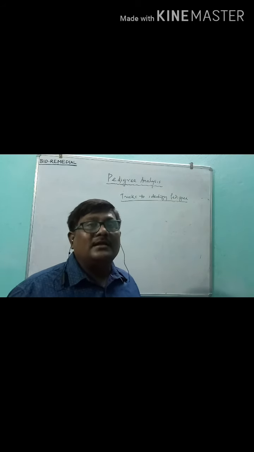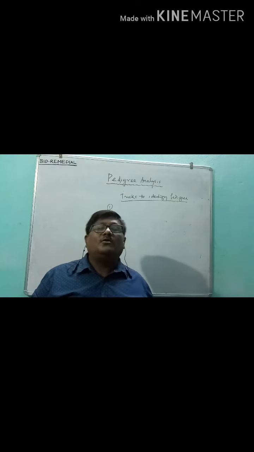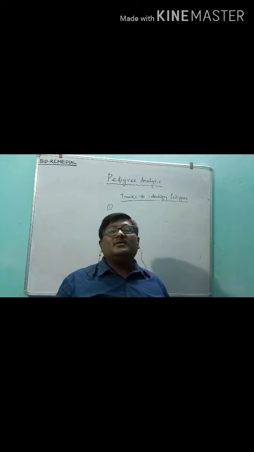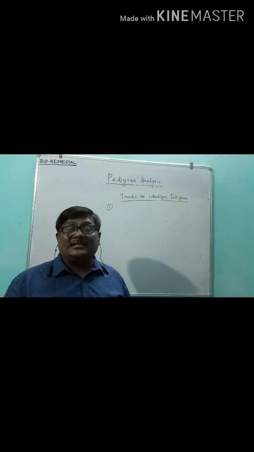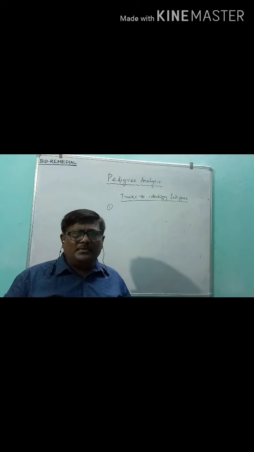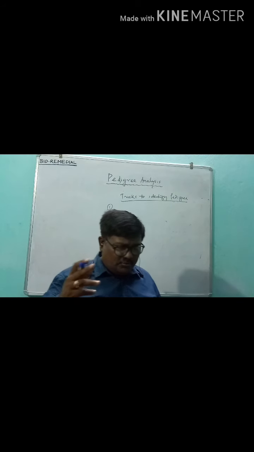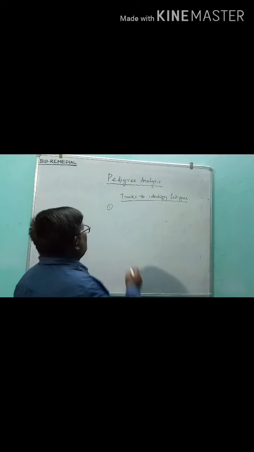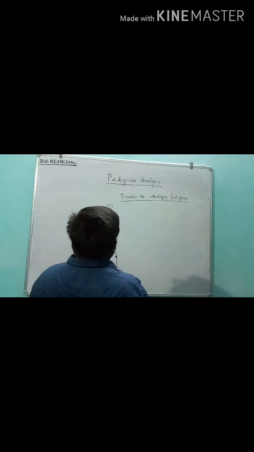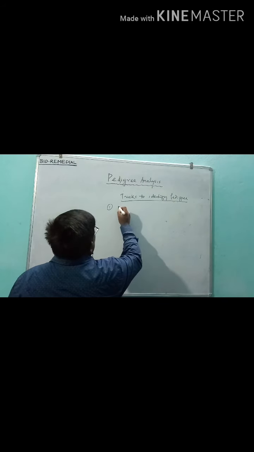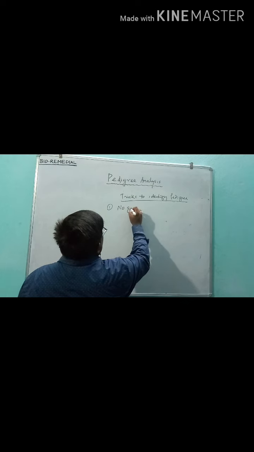First we should understand whether it is a dominant trait or a recessive trait. Then we will say whether it is an autosomal trait or an X-linked disorder. From dominant and recessive, the trick is that it is expressed in every generation. So no generation